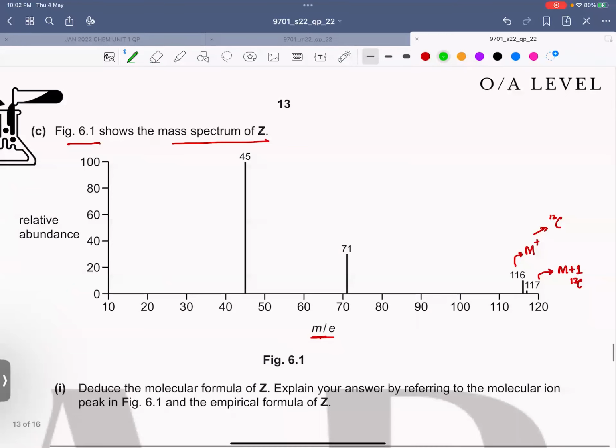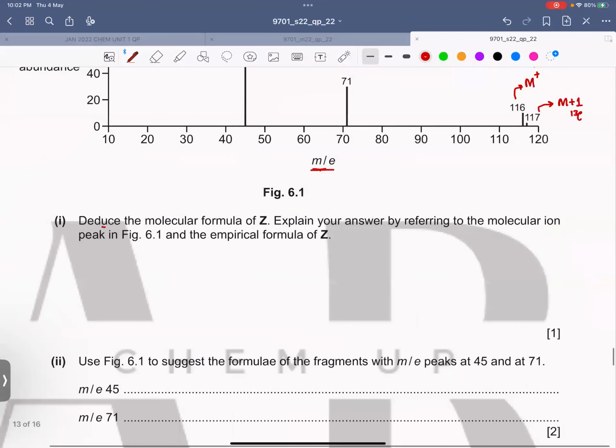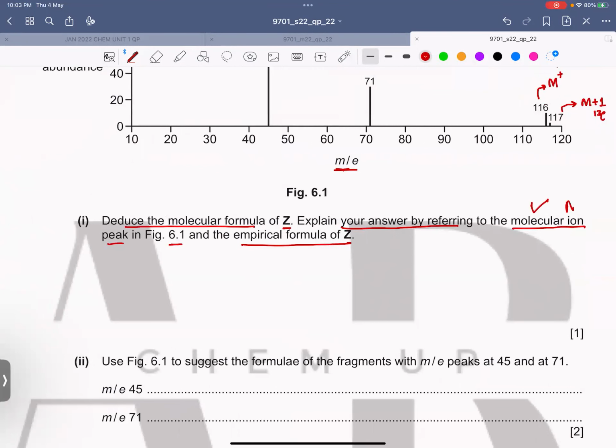Now, what they are saying is: deduce the molecular formula of Z. Explain your answer by referring to the molecular ion peak in Figure 6.1 and the empirical formula of Z. So they are telling you that you have to use the molecular ion peak, which is the M positive peak, and the empirical formula of Z. So how would we do that? The mass over charge of the M plus peak is 116, indicating